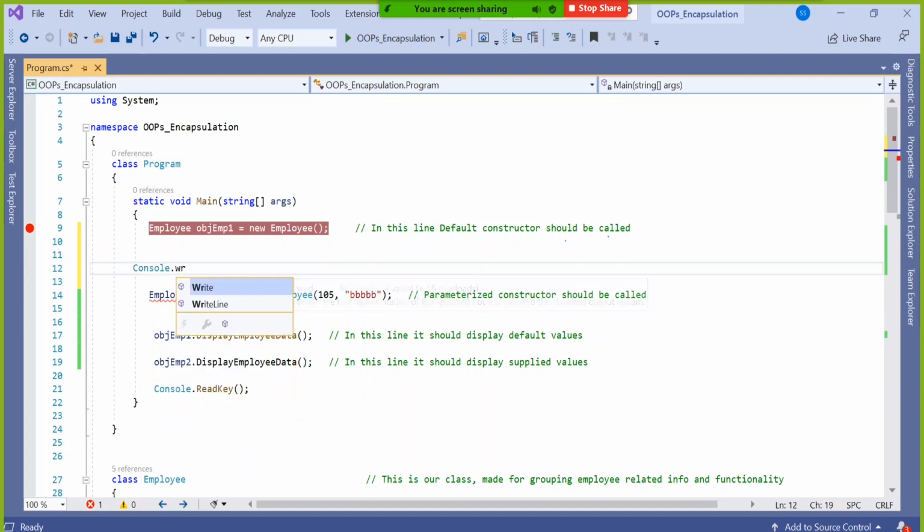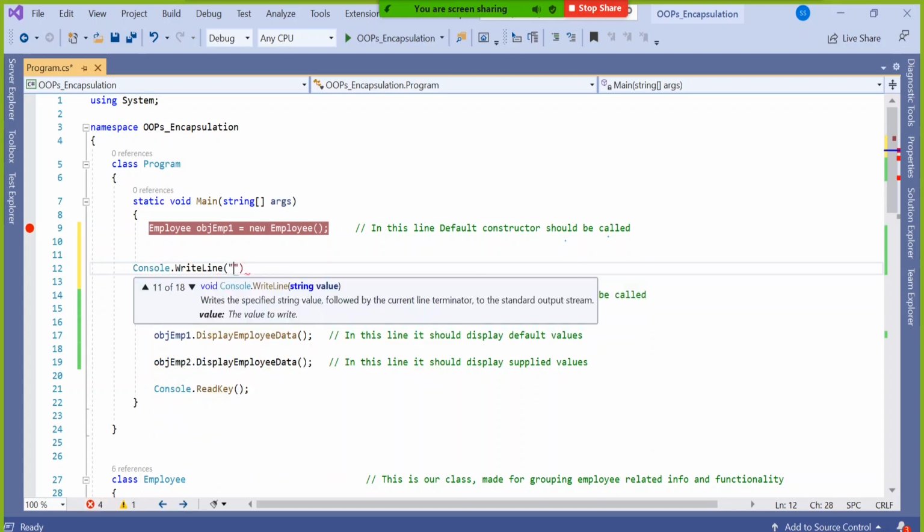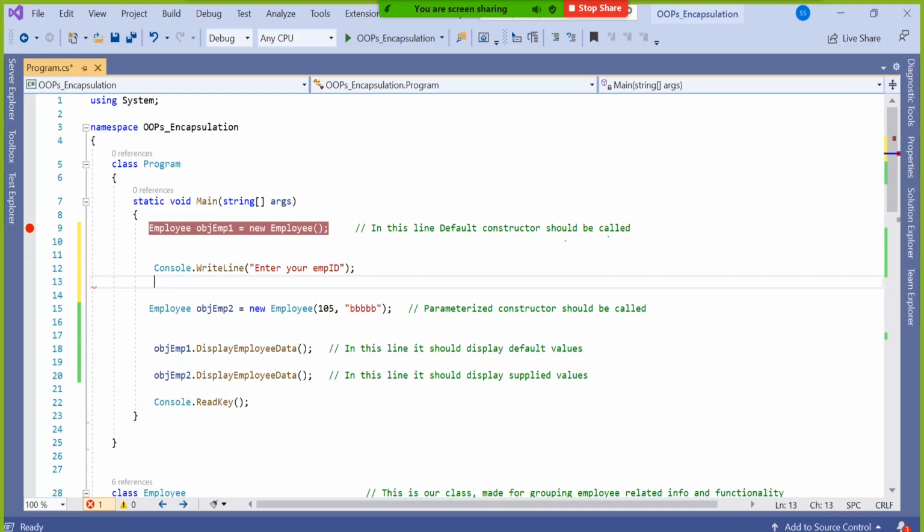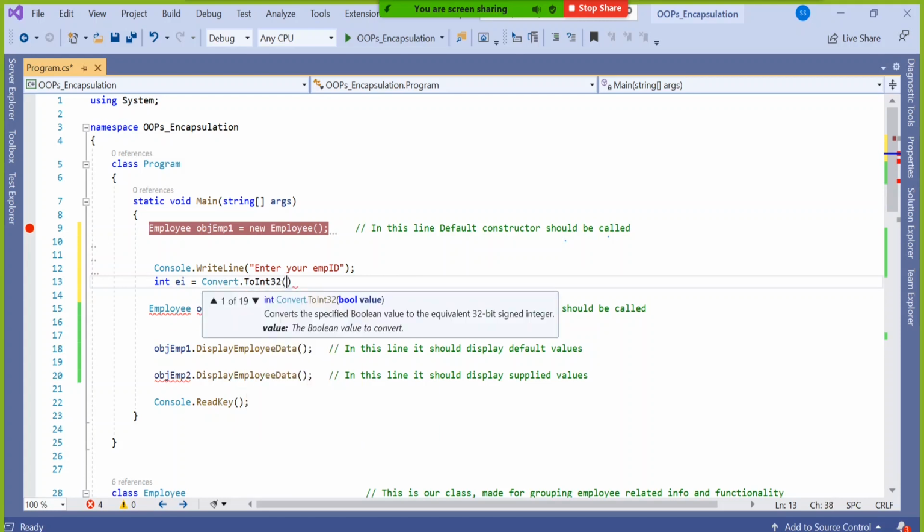So you can say console.writeLine, enter your employee ID, then you can say integer ei, employee ID equal to console.readLine.